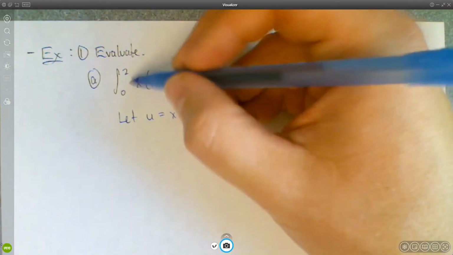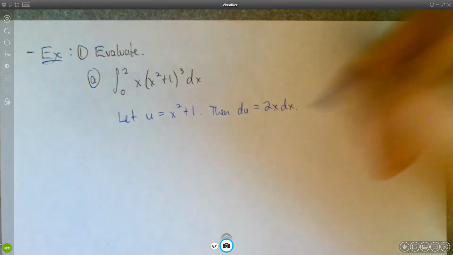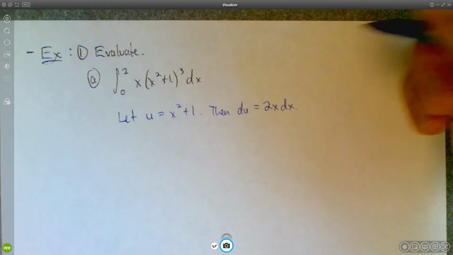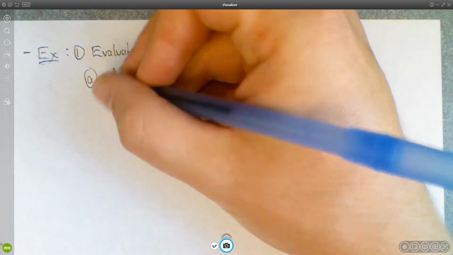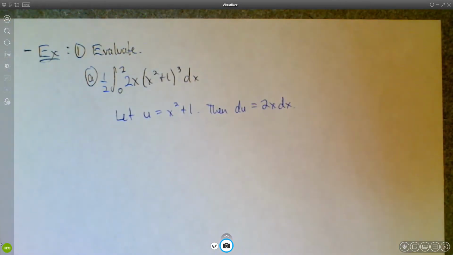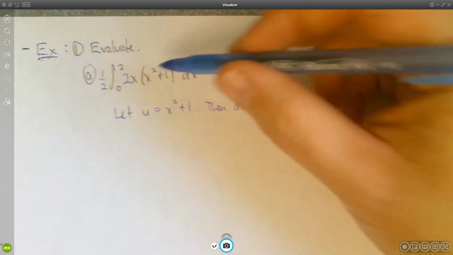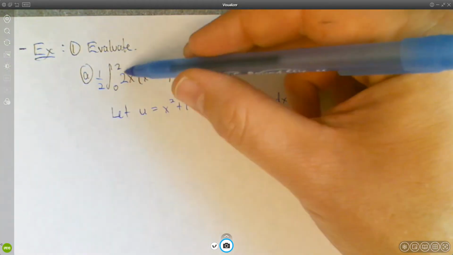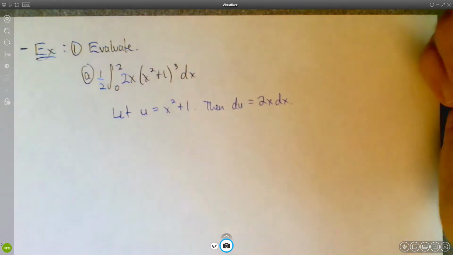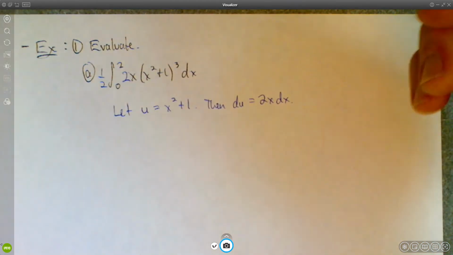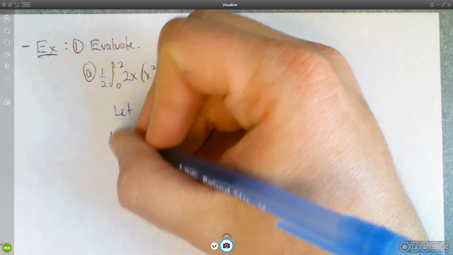Well, it's not exactly the derivative, but it's close, right? In fact, I can make it be the derivative by just fixing it that way, right? And then I've got 2x dx. I can replace that with du. This I can replace with u. So if I'm doing this using method 1,